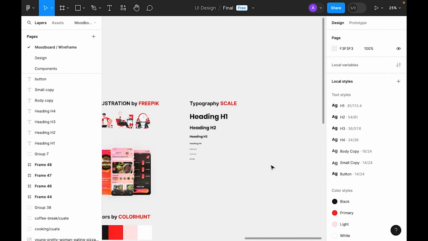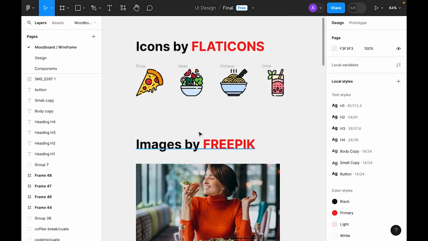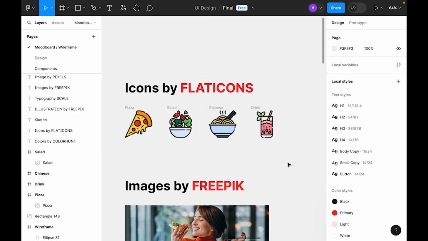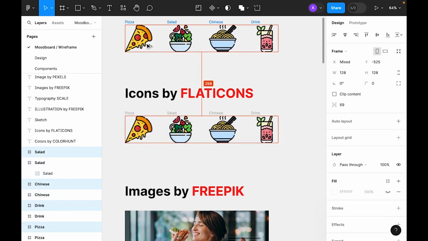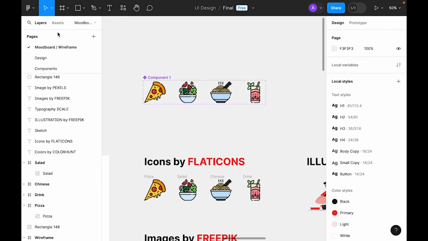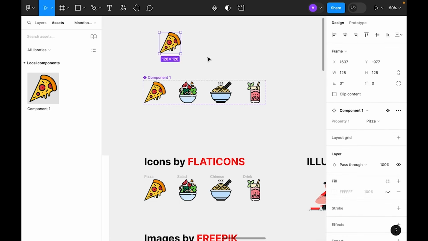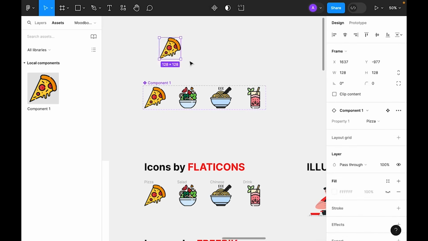Now it's time to add components from these icons. Okay, so now we have already gathered the icons. Let's select these icons and duplicate them so that you can see clearly. Now just go to components, click on the drop down, and create component set. What it does, as you can see, if we go to the assets and select this component and bring it to the artboard,